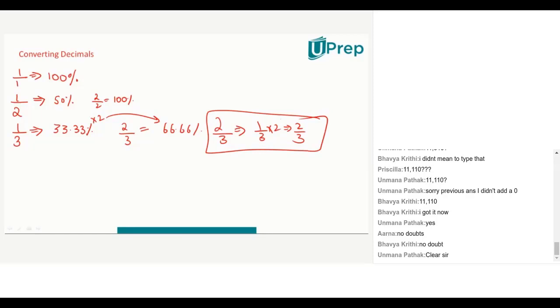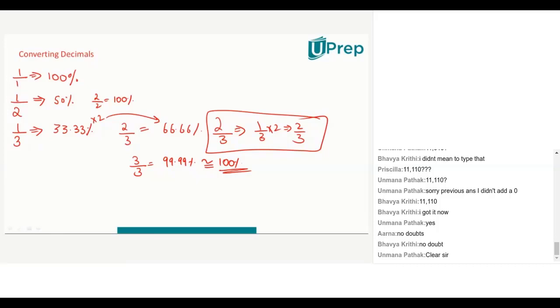Now what is 3 by 3? 3 by 3 is 99.99%. So we approximate it to 100%. Clear? Is everyone clear? Tell me, how is 3 by 3 99.99%? 3 by 3 is 1 by 1, which is 100%, but 99.99 is very close to 100%. That is the reason I did not put equal to. I said approximately equal to.